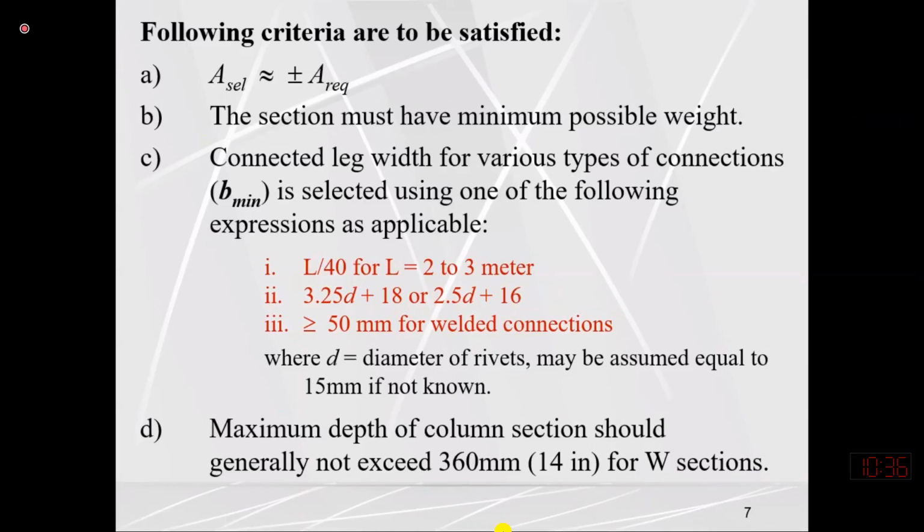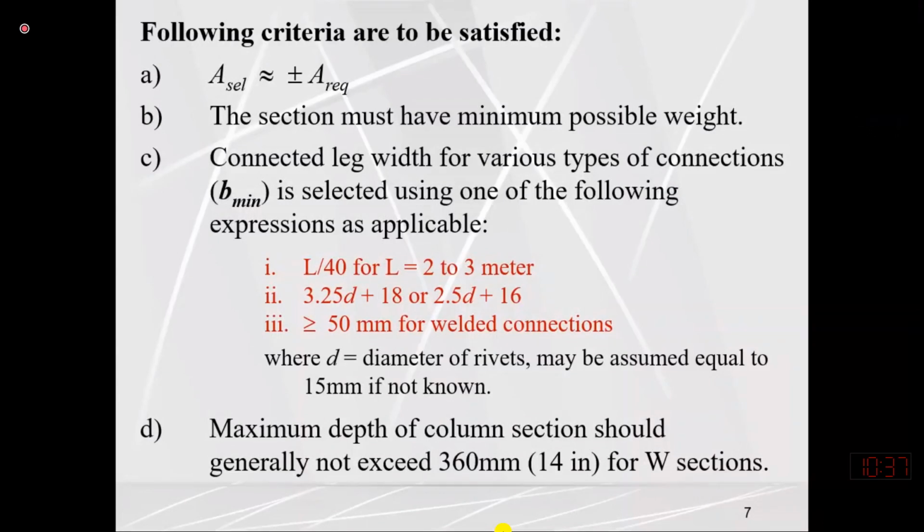Or in other words, the section will have a very small radius of gyration about y axis as compared to the x axis. And we know that a section will always buckle about the axis about which the radius of gyration is minimum. This means that if we select a section with larger depth, it will be weaker about y-axis. So it will buckle at a lesser load about y-axis. So we want a comparable value of Rx and Ry, meaning radius of gyration about x-axis and y-axis.